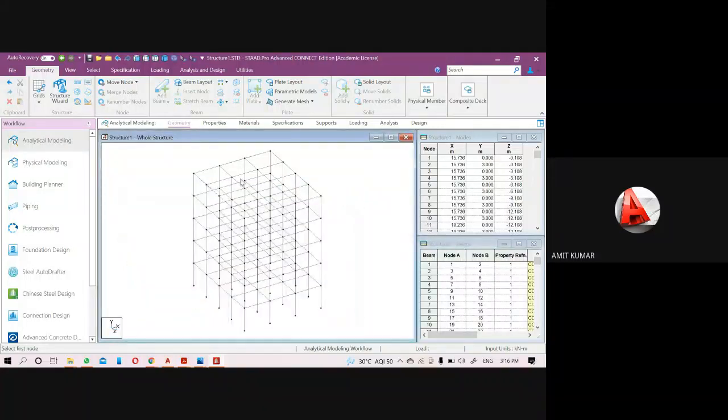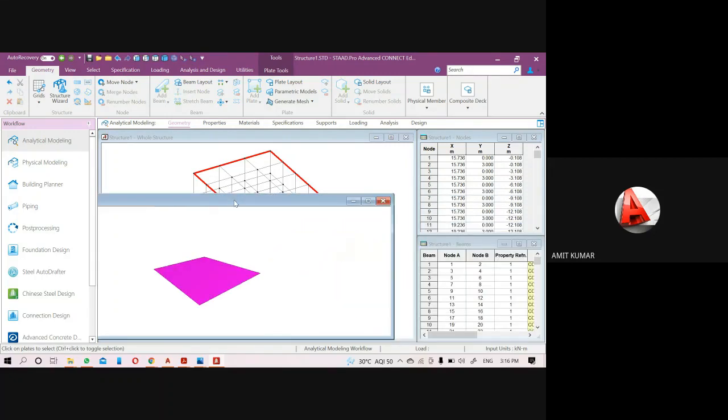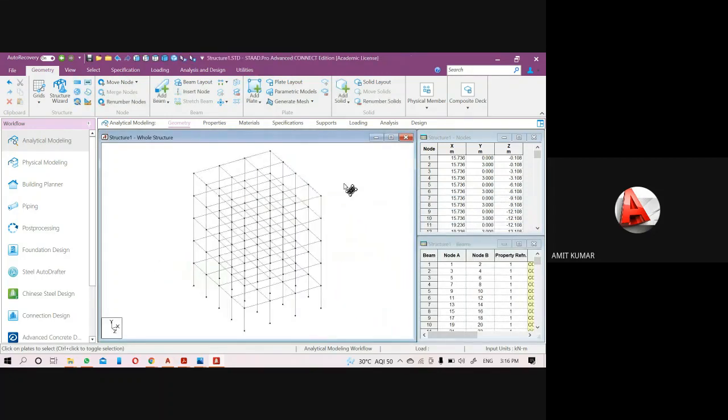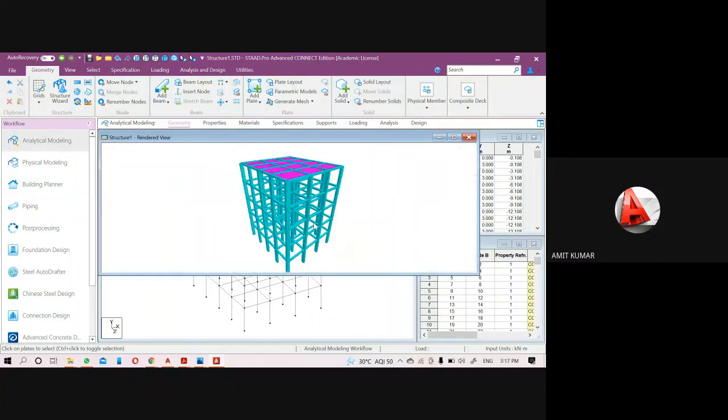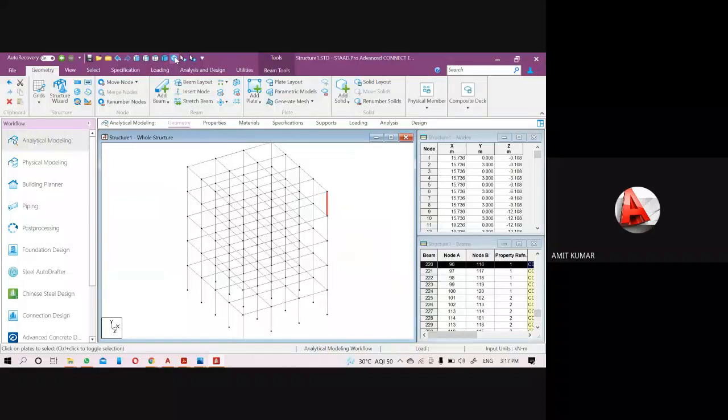Then, through the plate cursor, click at the top, and you will see the top plate has been selected. Now when I click on the render view, you will see only the plate is shown. If you want to see everything in the render view, don't select anything. Click on the render view directly, and you will see the render output for the complete project. But if you want to see the render for a single column or single beam, just select them and click on the 3D render view.